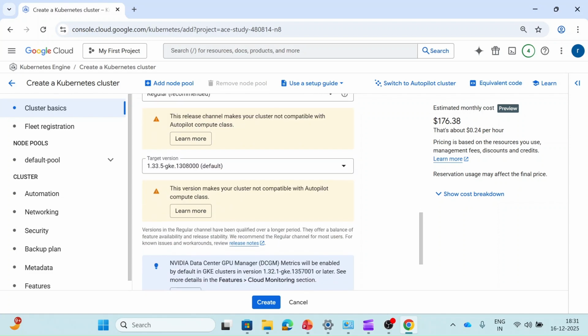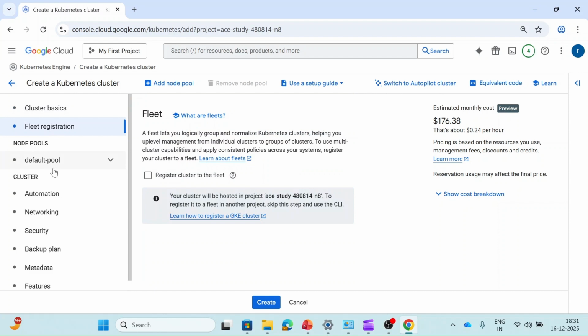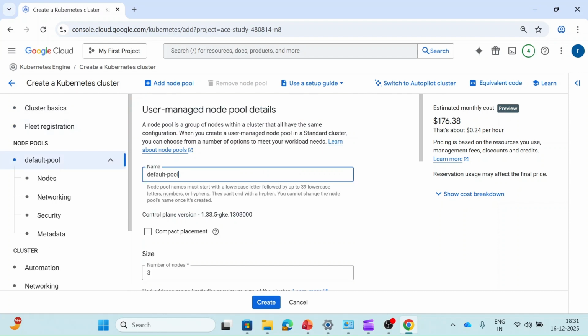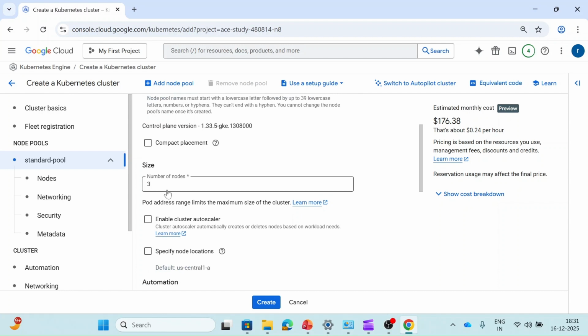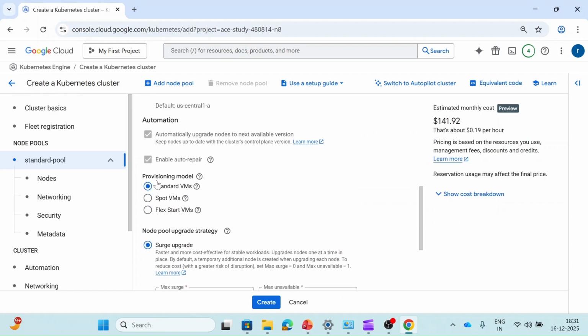After that, we have the release channel. We will cover this later on. And fleet registration is also there. Then we have the default pool. The default pool is a kind of instance group, and you can name it anything. So we can say standard pool. After that you have to define the number of nodes you want to run in this pool. So I can say I want only two nodes, and after that your provisioning model, like which VMs: standard,